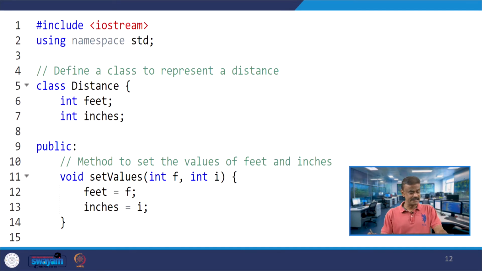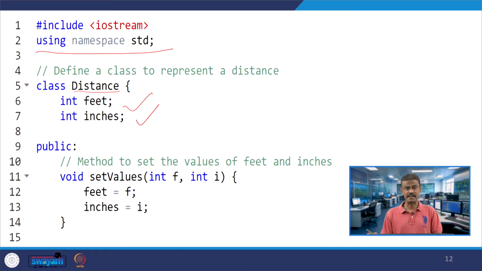So, let us consider I have a class Distance. Include iostream because I am going to use cin and cout. Therefore, using namespace std. So, class Distance, the name of the class is Distance, I am using feet and inches.